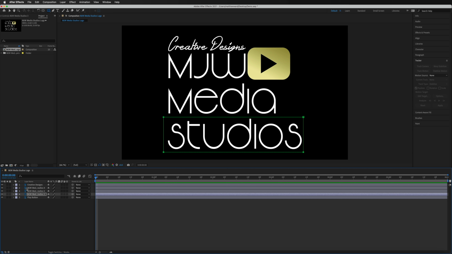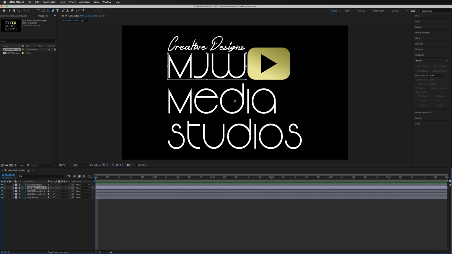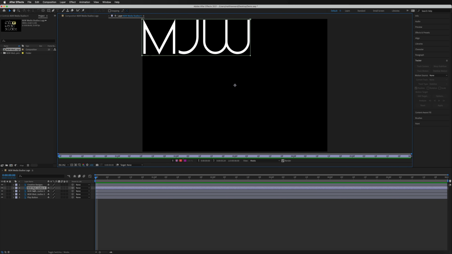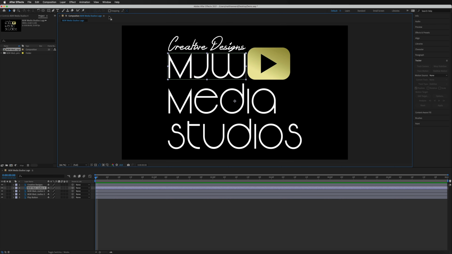And we can rename these in two different ways. So first of all, you may double click on one of these layers. And 99% of the time in any other program that will give you the option to rename your file. However, that does not work inside After Effects. If you was to double tap on any of these files just to demonstrate, it is going to actually isolate that layer and open it up into a new window over here. So if you've done that by accident, all you got to do is go ahead and just close that layer just there. And then that'll take you back to where you was.